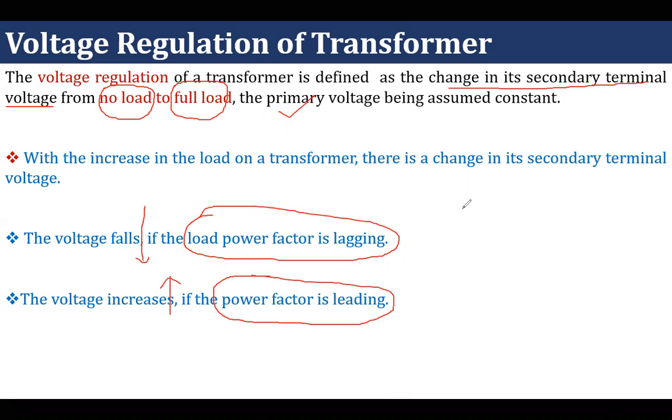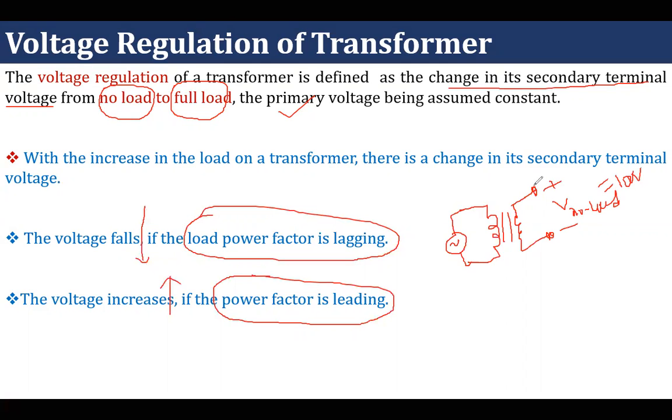Now let's see the same thing with a transformer circuit. Suppose we have a primary winding of transformer and it has been connected to a source. This is the core representation, and this is the secondary winding of the transformer. This time nothing has been connected in the terminals of secondary winding. So only voltage will induce, there will be no secondary current, and this voltage is no load voltage. So at no load, let us consider this voltage is equal to 10 volt.